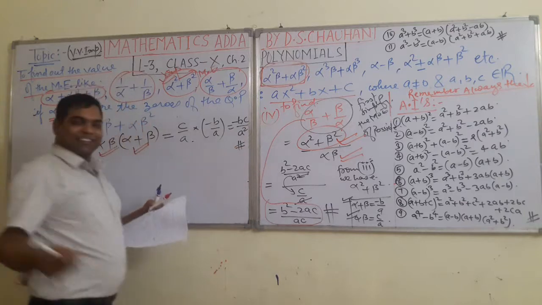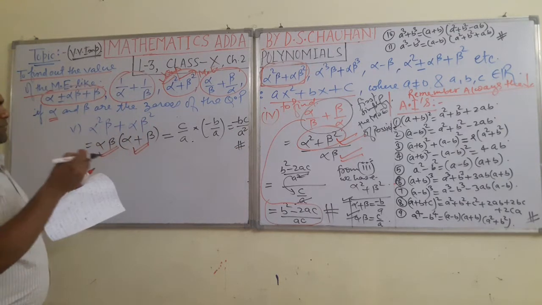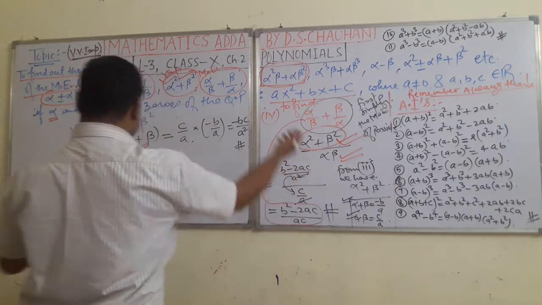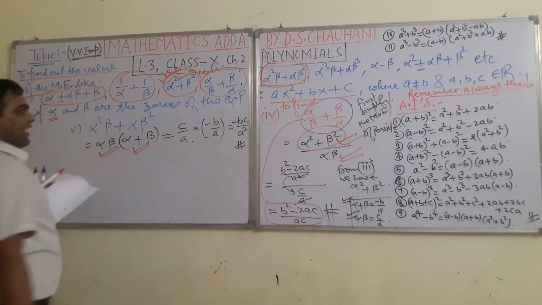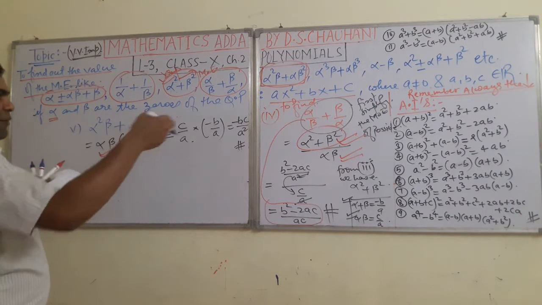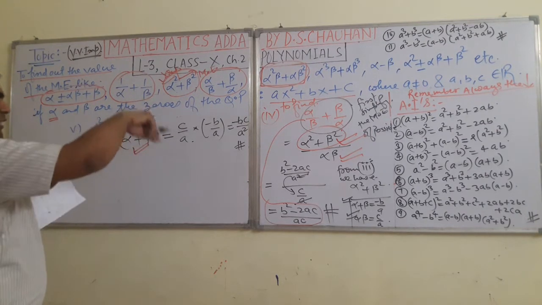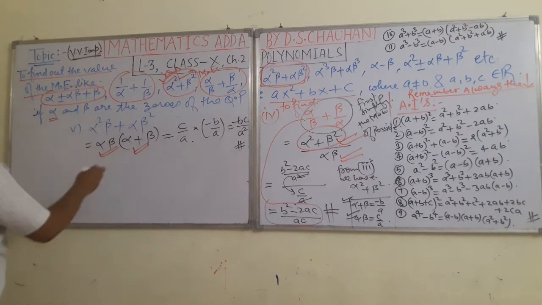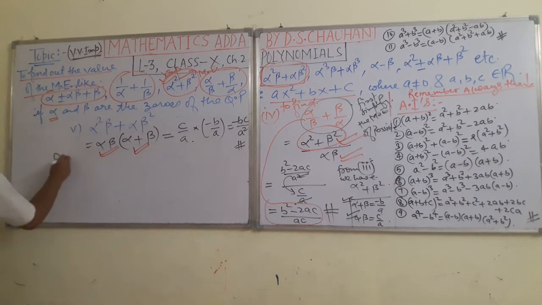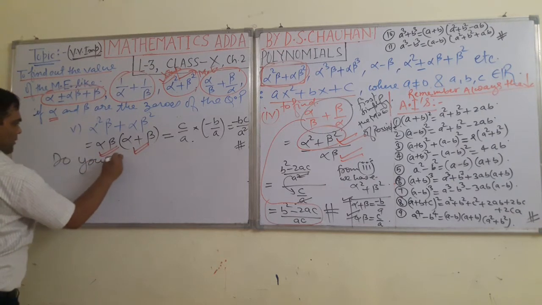Now the value of alpha square beta plus alpha beta square is clear. You have seen, so much easy. We are proceeding one by one to solve these mathematical expressions. Now see it. Suppose I am leaving two more questions here for you. Do it yourself. Very important. Do it yourself.